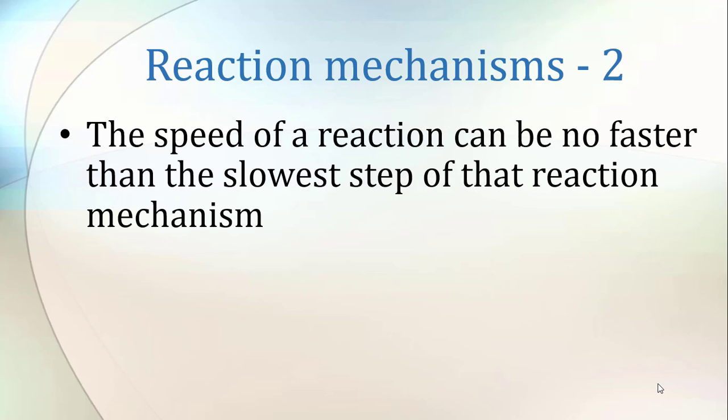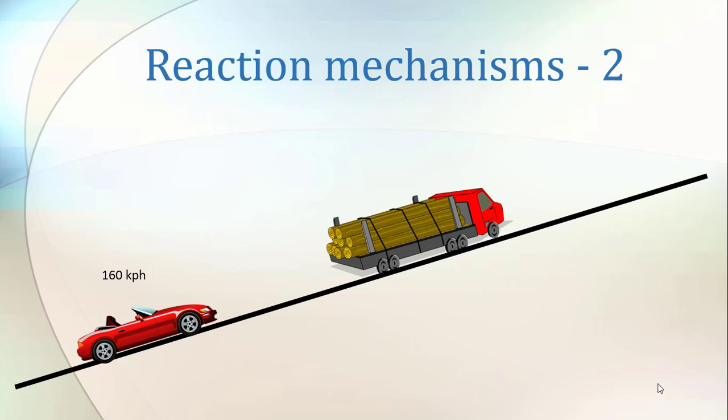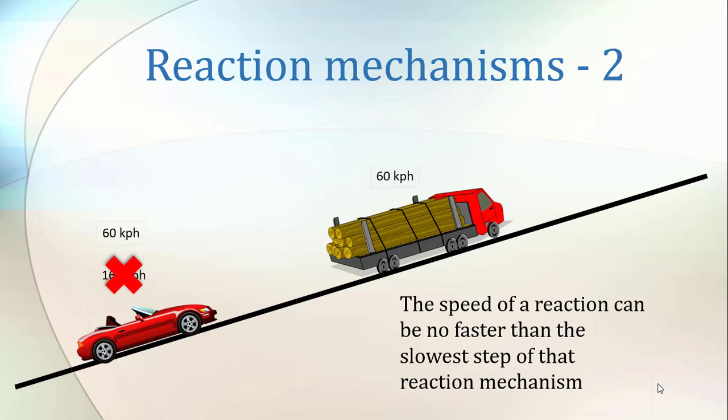Now, the speed of a reaction can be no faster than the slowest step of that reaction mechanism. As an analogy, imagine you're driving a sports car up a hill at 160 kilometers per hour. You go 160 kilometers per hour until you get behind a logging truck, which is going 60 kilometers per hour. You no longer can travel at 160 kilometers per hour. You can only go 60 kilometers per hour. The speed of a reaction can be no faster than the slowest step, and the rate law of that step must be equal to the